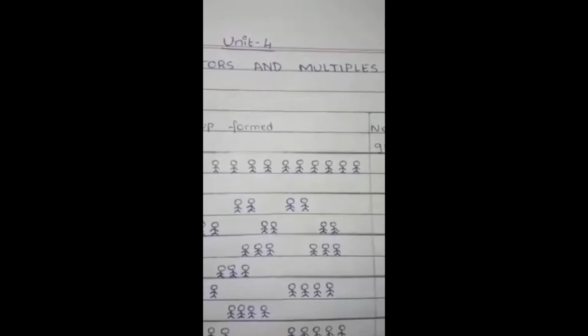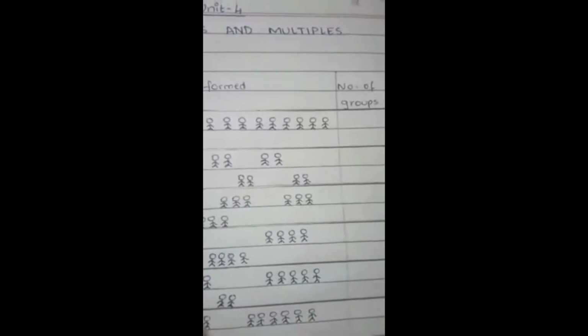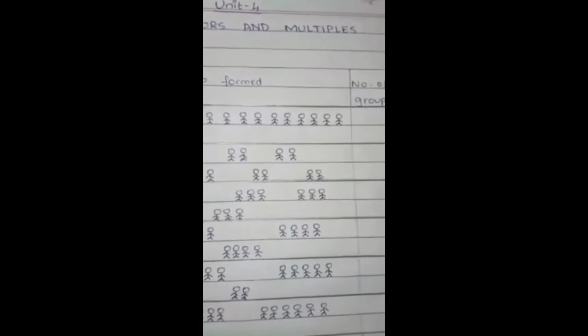For the game, I have made a chart. In the first column, we have the number announced, that is, how many members are there in the group. So if I call 1, the group will be made up of only one member. If I call number 2, the group will be made up of only 2 members. Similarly, this is the groups formed. The next is the number of groups, that is, how many groups can be made with the announced members. And last is the number of members left out, that is, how many members are not included in the announced groups. That will be written over here. So let us start making the groups.